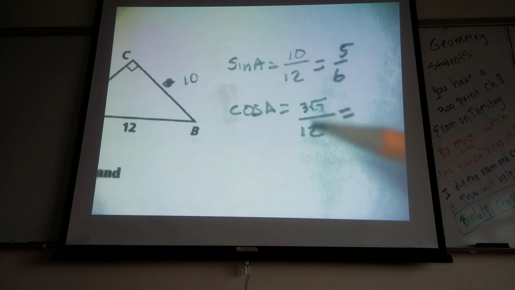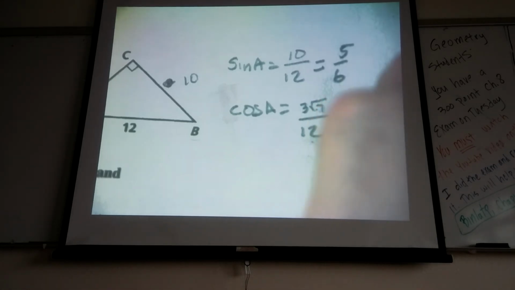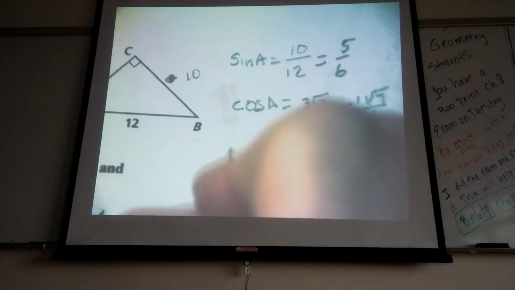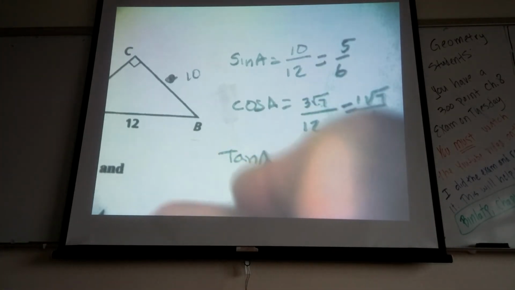When you have radicals, I like to think of this, reduce the outside with the outside. So this could be like a 1 right here. And divide this by 3 is a 4. And the tangent of A would be